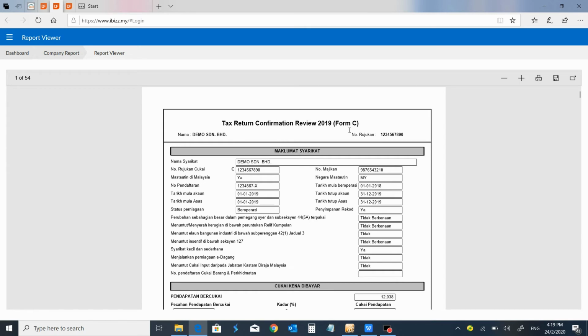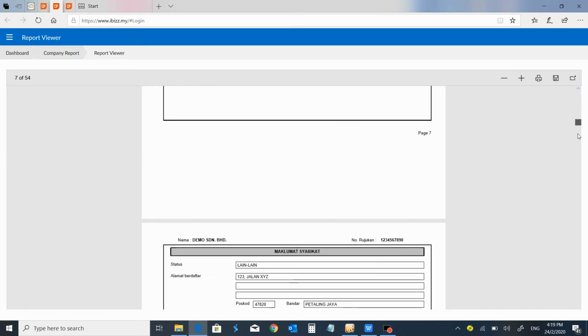So this will be the tax return form, Form C. And for your information, this is our iBiZZtax own tax return confirmation review. All right. So you will have to cross-check that all the information that you key in is fully transferred to this report. Okay. After the review form,